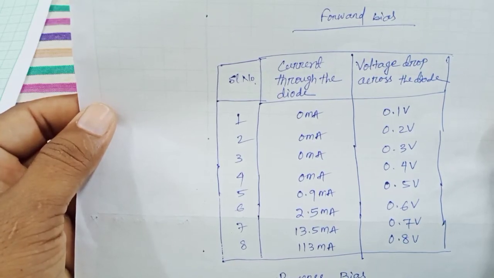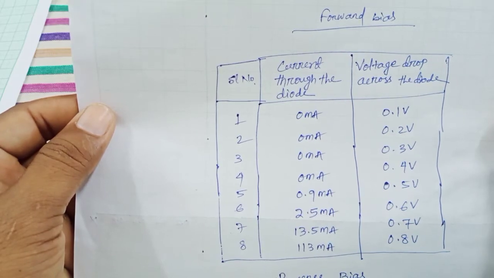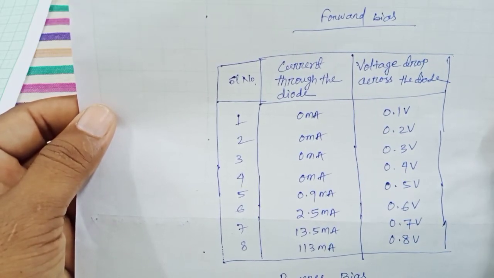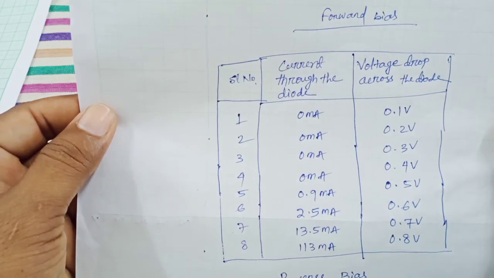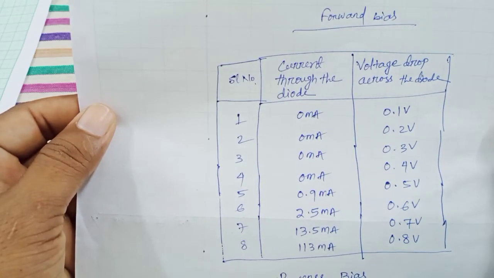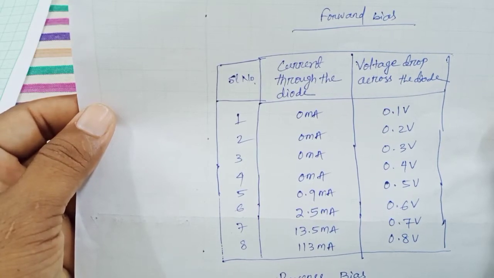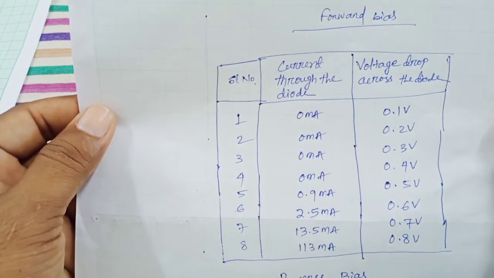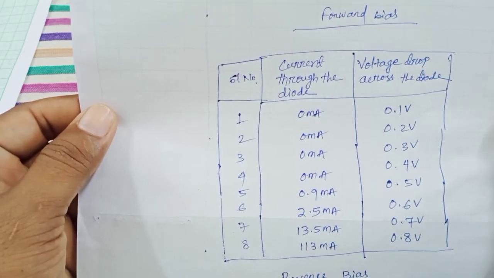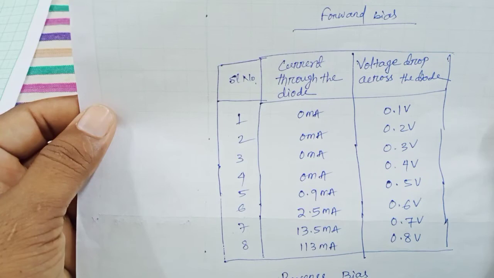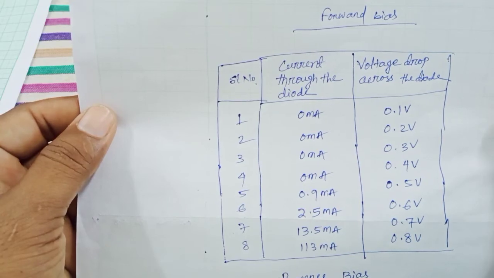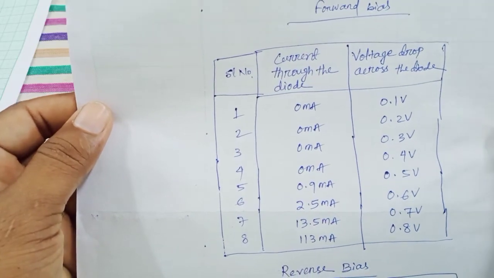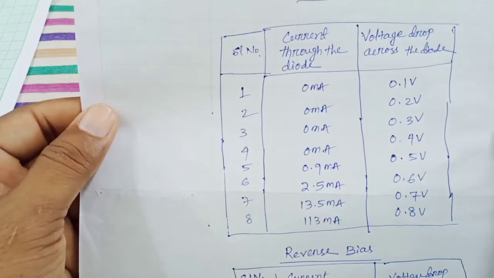At 0.1 volt, no current flowing through the diode. At 0.2 volt, no current. 0.3 volt, no current, and 0.4 volt, no current. Current at 0 milliampere. After 0.4 volt, the current gradually increases up to 0.9 milliampere at 0.5 volt,